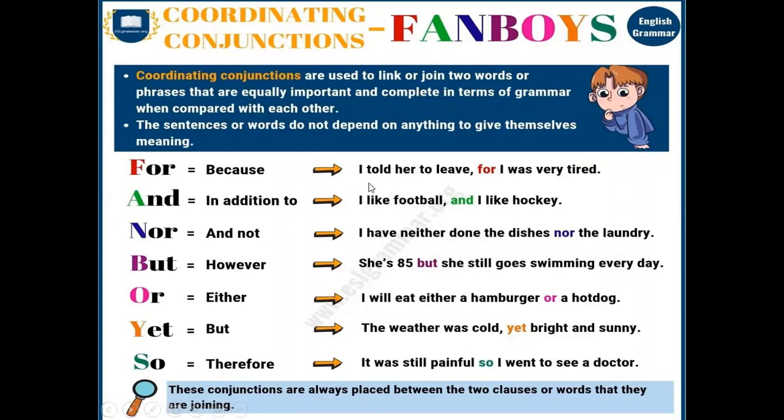You can see one set of words, and this is another set of words which also has a verb and a subject, and they are both connected to each other with the help of this coordinating conjunction, that is for. Now, I like football and I like hockey. Same. This is a complete sentence. This is also a complete sentence, and it is connected with and. So now you can read these examples and understand again.